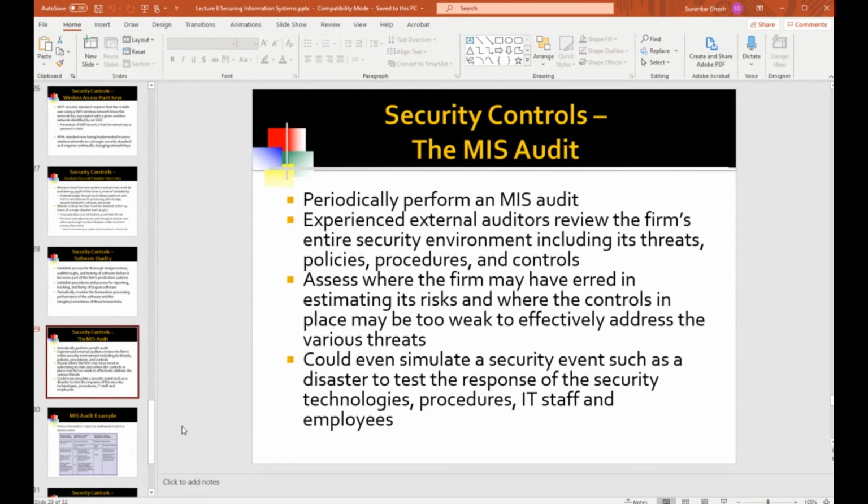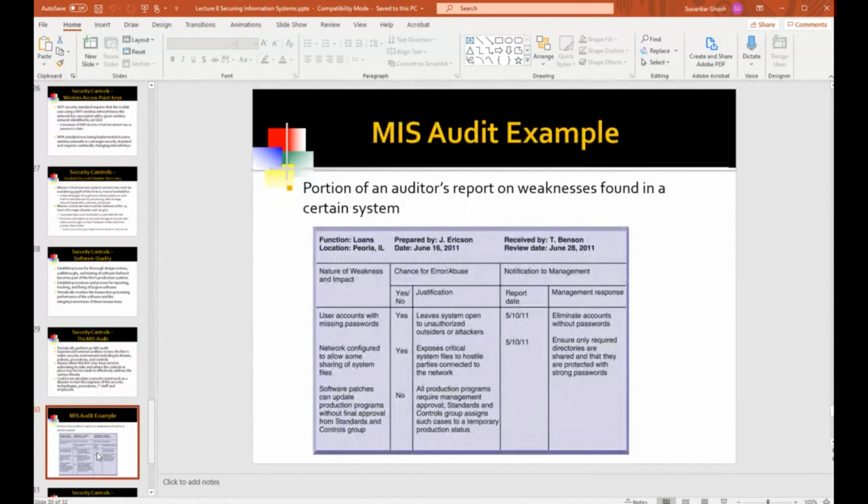They could come in and check out your servers, your systems, your accounts. Oftentimes they may find issues with some of your accounts, like some accounts have weak passwords or no passwords at all. These external auditors have often found problems of that nature.